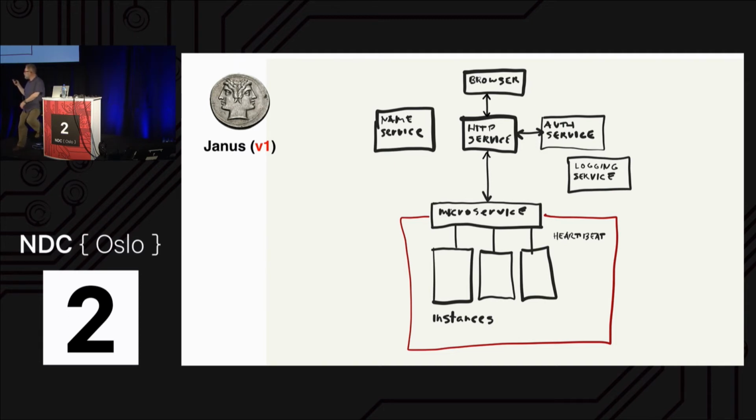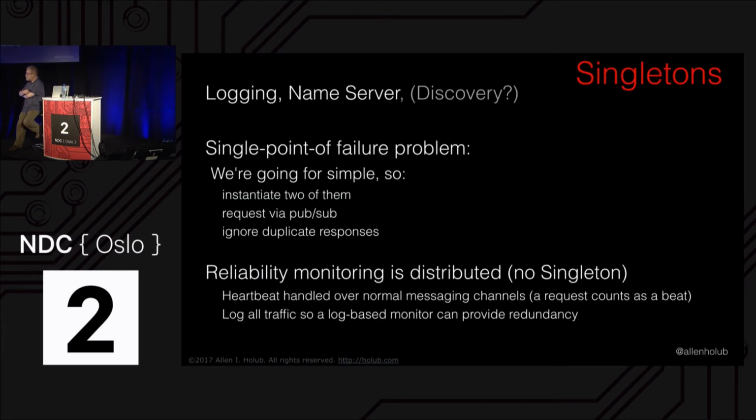Now, in this system, there were a few design considerations that applied to version 2 too. So let's talk about those. The first question is, what do you do with a singleton? A singleton is a one-of-a-kind thing, and those are our single points of failure. Those are the places that I want to avoid. So in the case of this original system, I'm handling the singleton problem in the easiest possible way. I'm just spawning off multiple instances of it. Most of us get by just fine with 2 DNS servers. That's enough robustness to handle most of our problems.